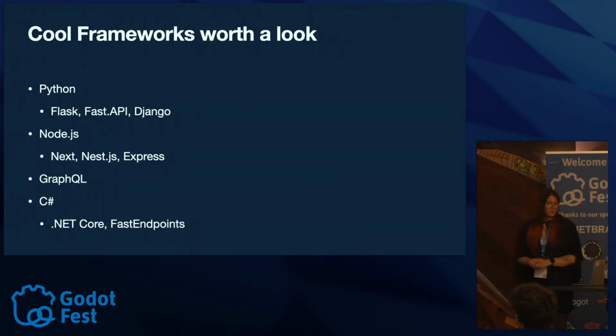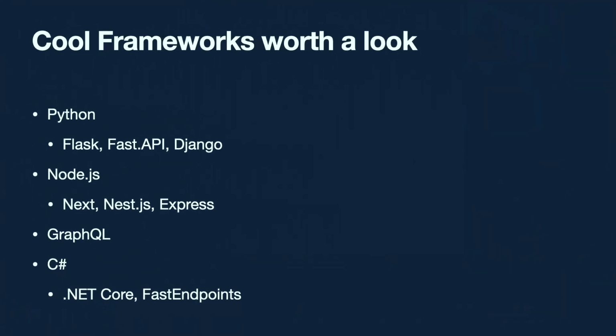Some other cool side facts, because there is no one perfect way to do backends. Like in typical development, we have multiple ways we can go. I would say do what you feel best with or what you're closest with. For example, Python is a good idea to set up your backend with APIs and so on, and Flask or Django are nice frameworks to work with. If you want to stick with the JavaScript world, there's TypeScript and Node.js. Next.js is kind of cool, which also delivers a front end with it. Nest.js is also pretty nice, and Express is the web server we need.